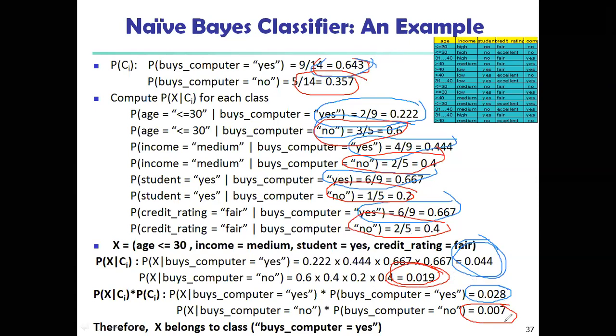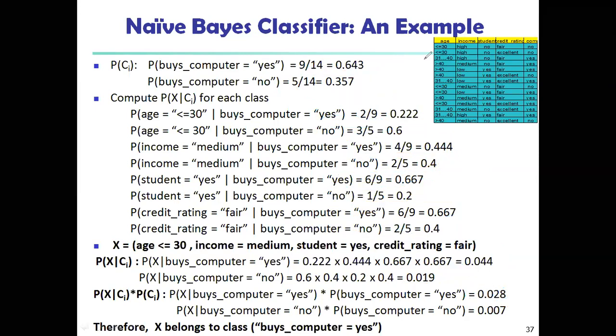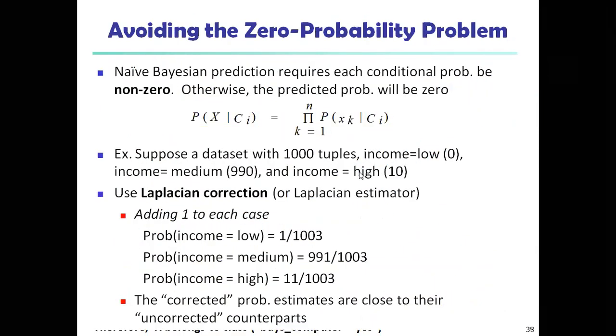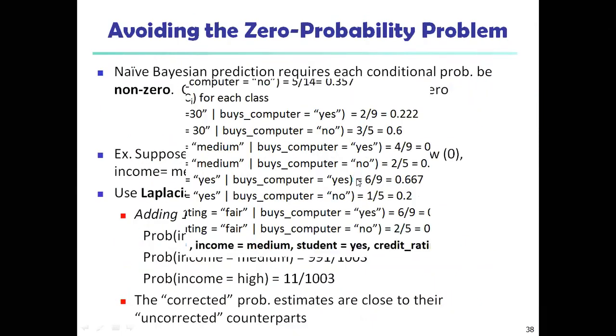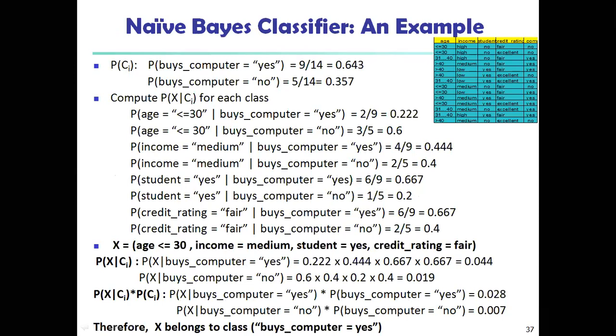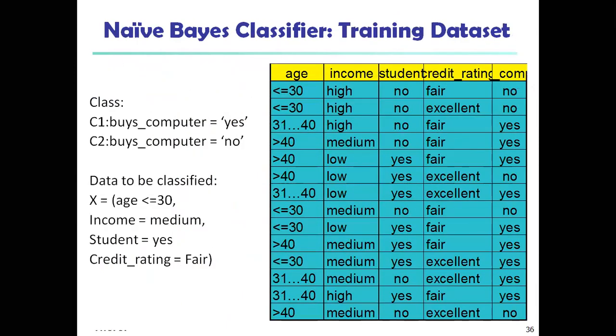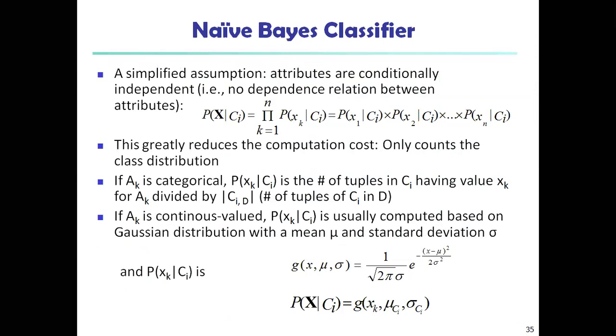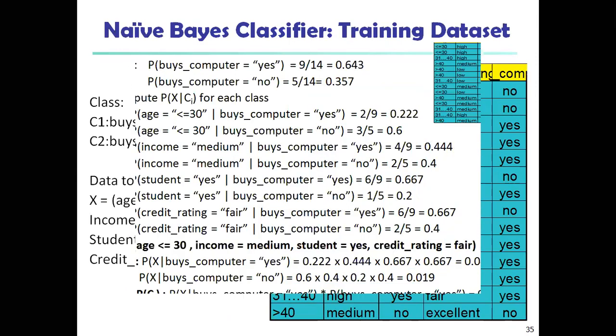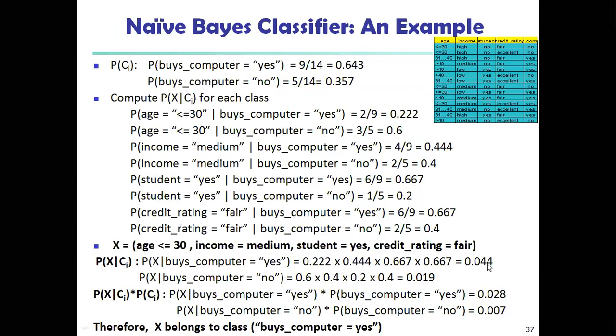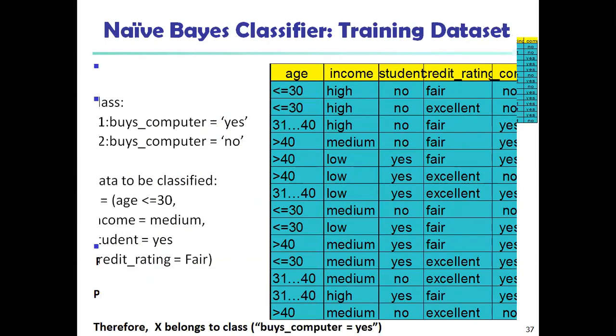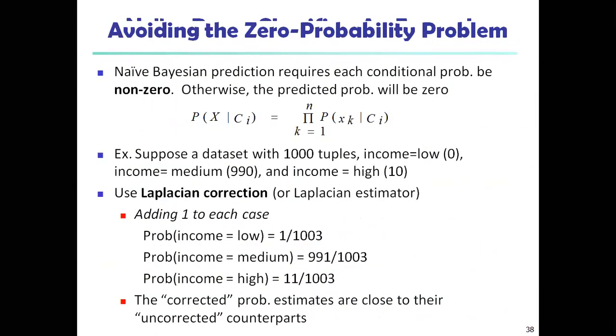This is the way X belongs to the class that I have to represent. This is the way you have to find out the value in a Naive Bayes classifier. Once you see the diagram, based on that diagram, you have to find out the value, and finally you can get the result. This is the way you have to represent the Naive Bayes classifier. This is a very important point from the exam point of view. Similarly, this is the Naive Bayes classifier.